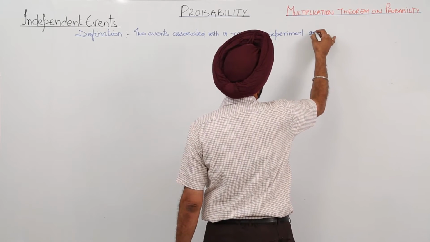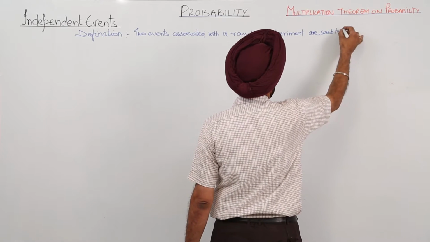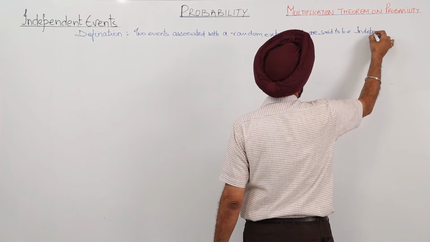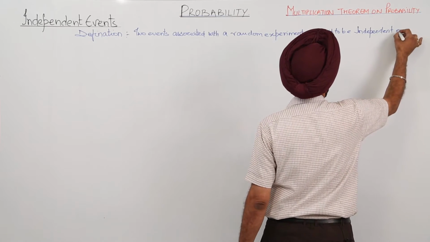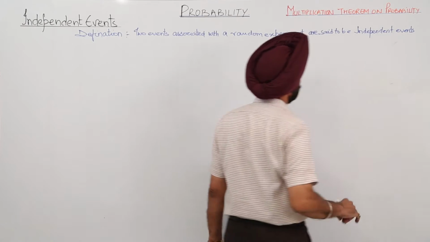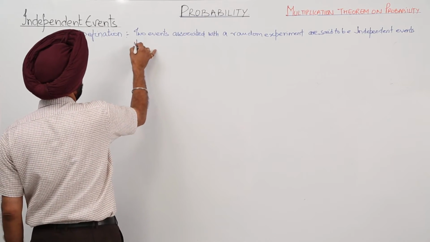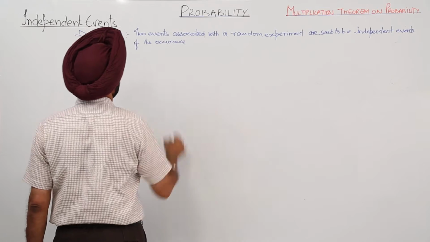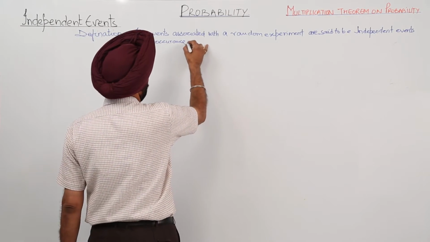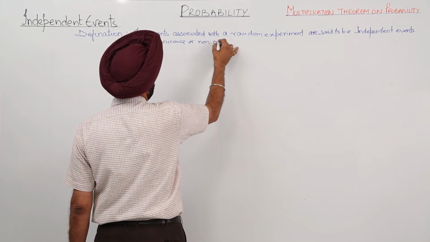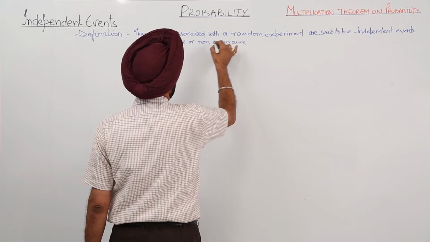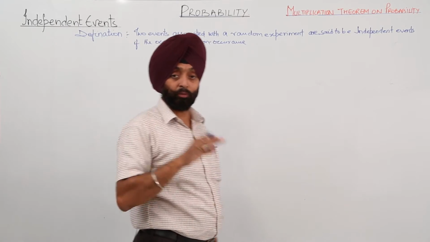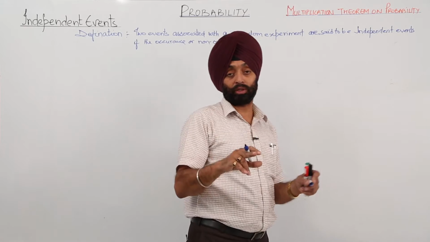Two events associated with the random experiment are said to be independent events if the occurrence or non-occurrence of